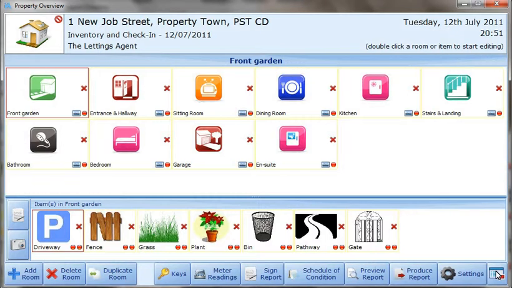When a report has just been created, the only contents of a room or area will be the items belonging to the room's default item set. The contents of a room's default item set can be changed in the settings. However, any number of items can be added to a room or deleted from a room later on the next screen. If we click on another room once,